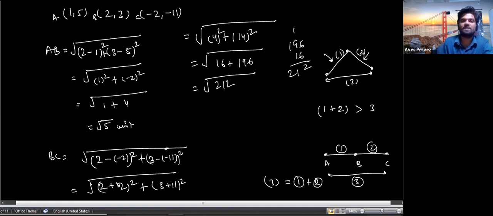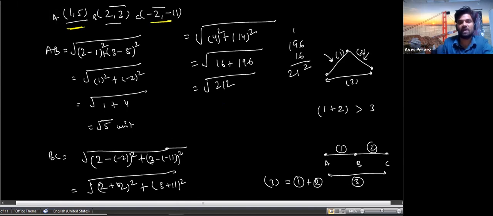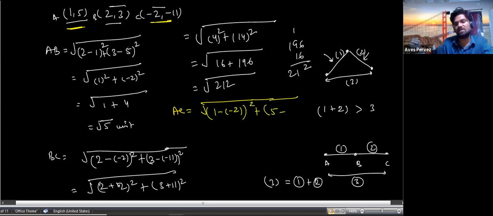Okay, that is the distance. We have calculated the distance between this and this, and between this and this. Now it's time to calculate the distance between this and this. So let's calculate the distance AC. The distance AC would be equal to (1 minus minus 2) whole square plus (5 minus minus